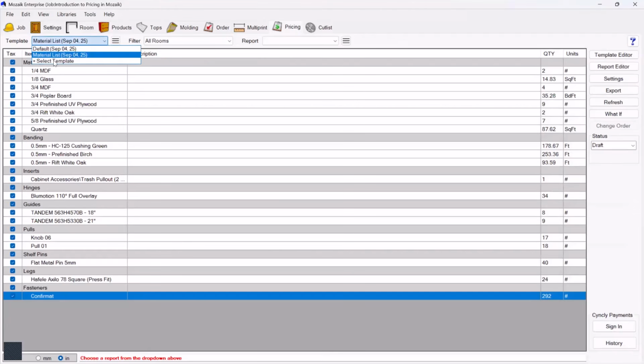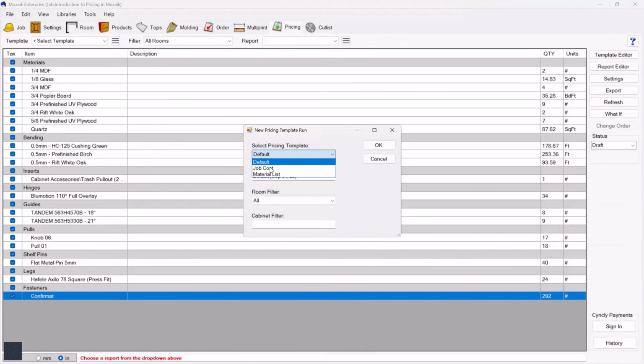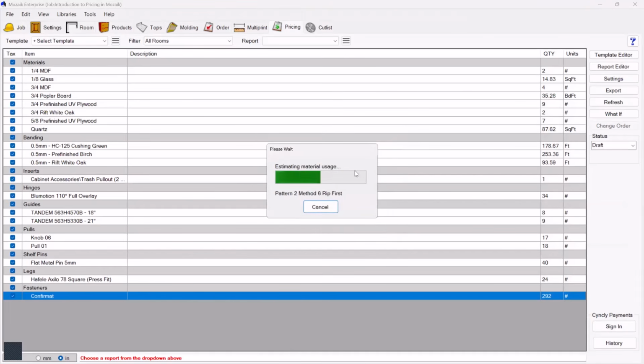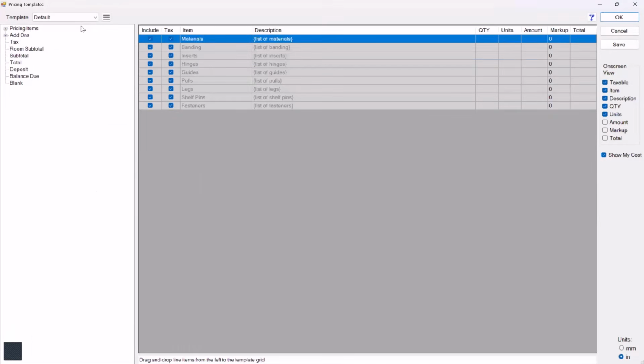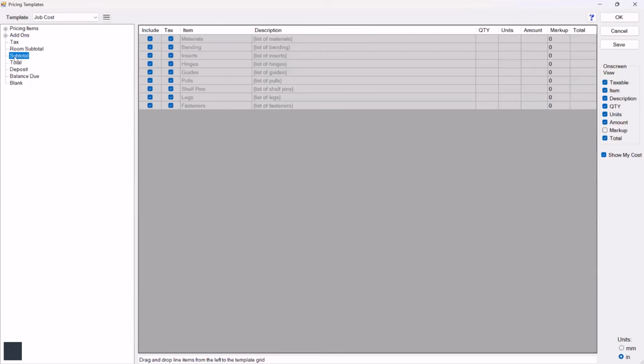I'm going to select a new template. We're going to grab the job cost, and we'll keep the same room filtered for all. Hit OK. And we can see now we have our job cost. Now, I forgot to add my totals. So let's go back into the template editor. I'm going to go back into job cost, and I'm going to come in here and grab a subtotal,